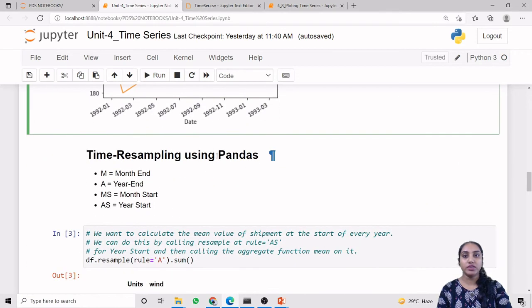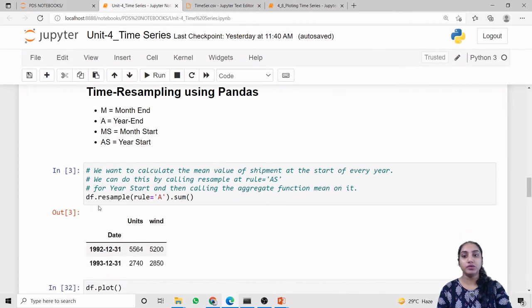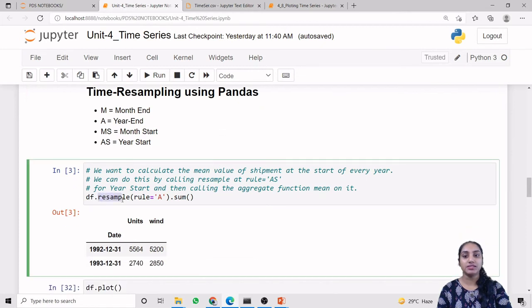Now next we can also resample our data. For resampling we are using the method resample, and as its argument we are providing the attribute rule. We have options for the value: capital M for month end, capital A for year end, capital MS for month start, and capital AS for year start.